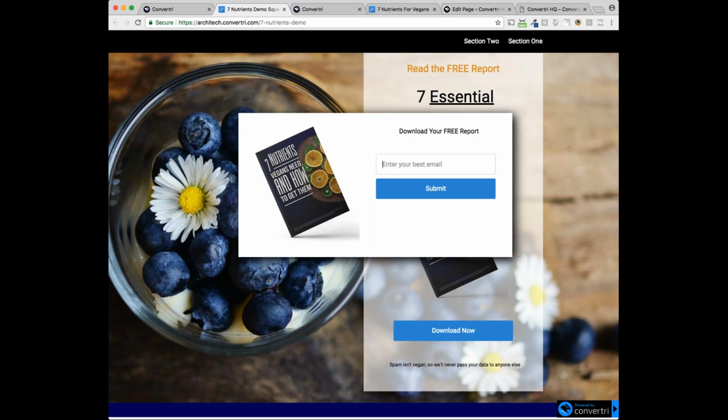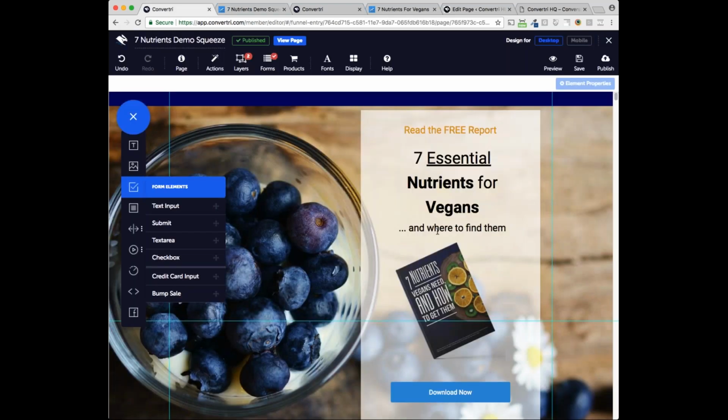The reason we like two-step opt-ins is because of a concept called micro-commitments. People are quite wary these days of forms in web browsers. Like, 5 years ago, somebody would come see a form and almost be excited to fill it out. Now they're very aware what filling out a form means. They know they're going to be sent something. So we get them to commit to wanting our thing, in this case our 7 nutrients vegan ebook, and